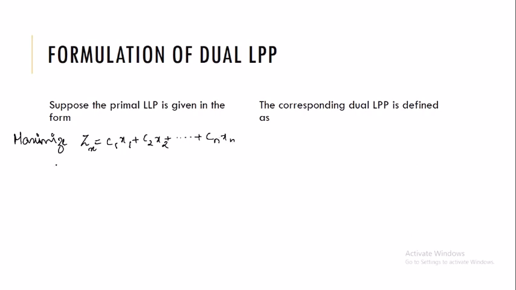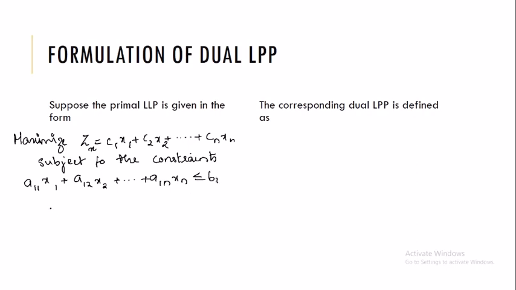Okay, so this is the objective function in the primal LPP, subject to the constraints A11x1 plus A12x2 plus etc plus A1nxn less than or equal to B1,